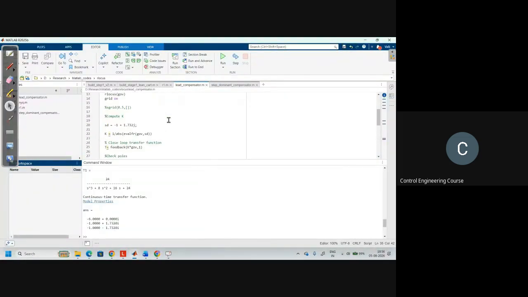So the first step is we have to plot the root locus. So here I am defining this, and then this is my open loop transfer function, and then the compensator which I got is S plus 1 by S plus 4. The overall open loop transfer function is G into G of S that I am defining. Then I am plotting the root locus for this one. Let's see how.